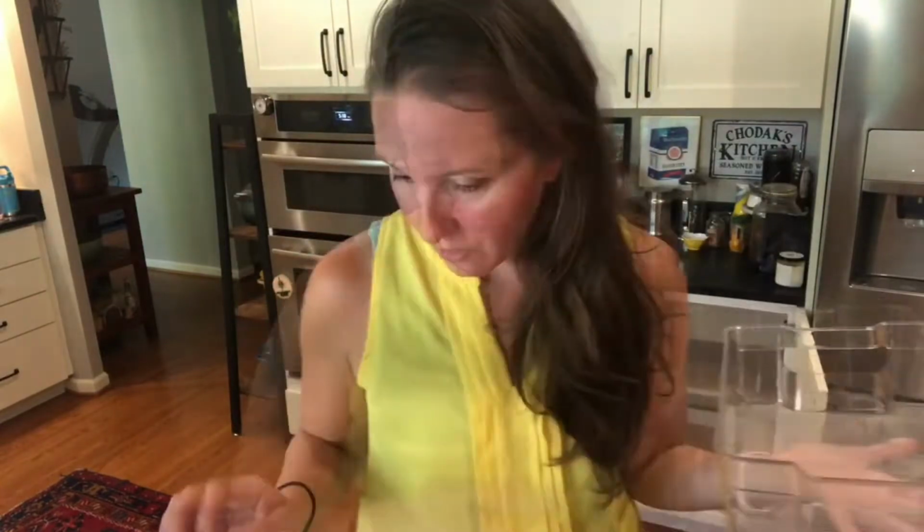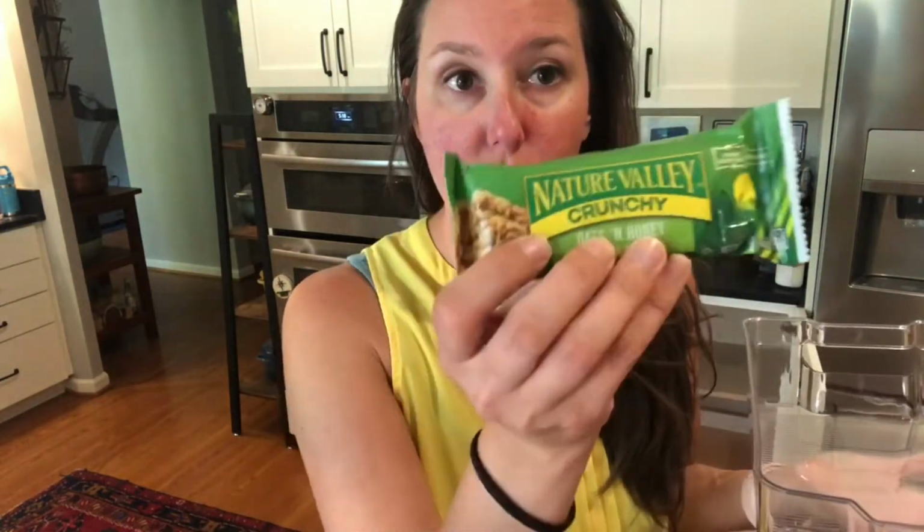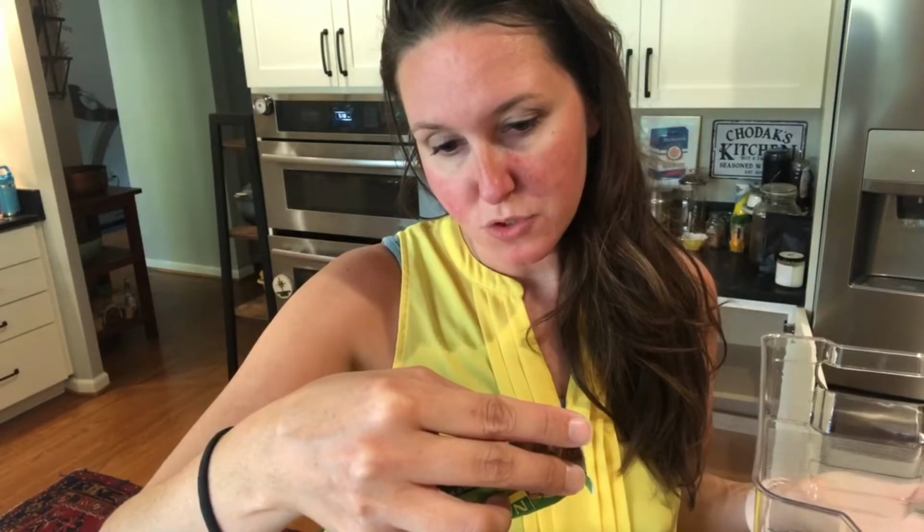So we're going to start with grains. Those are generally the easiest ones to find. I have a bunch of stuff here. The one I'll show you first is, and it's based on preference too, right? So we're trying to be healthy, but we also want our kids to eat it. So make sure you talk to your kids too about what we want to eat, or yourself or your spouse, right? So my son loves these little crunchy oat bars, and they have 2 grams of